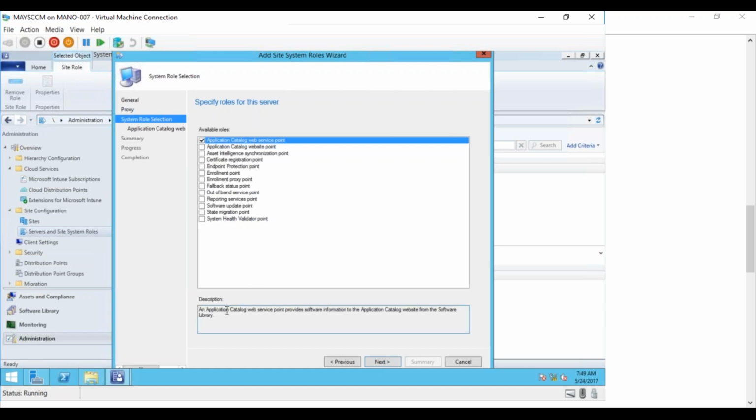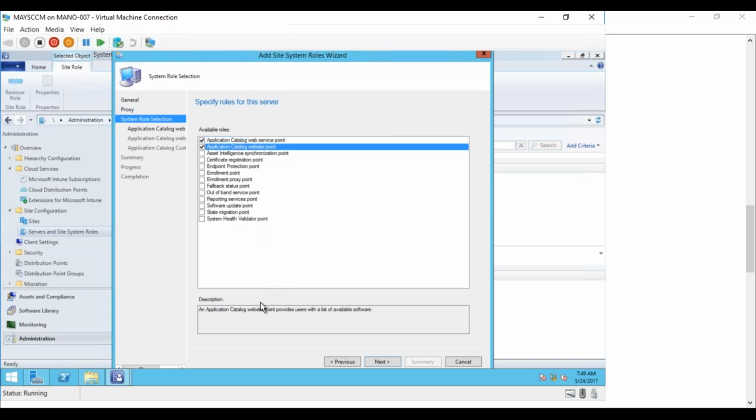It says an application catalog web service point provides the software information to the catalog website from the software library. So wherever you have applications in the software library, that information is relayed to the website because of this web service point. And the website point actually creates that website. An application catalog website point provides users with a list of available software. So it creates a website and makes all those software available for the user to download. Now if I say next,